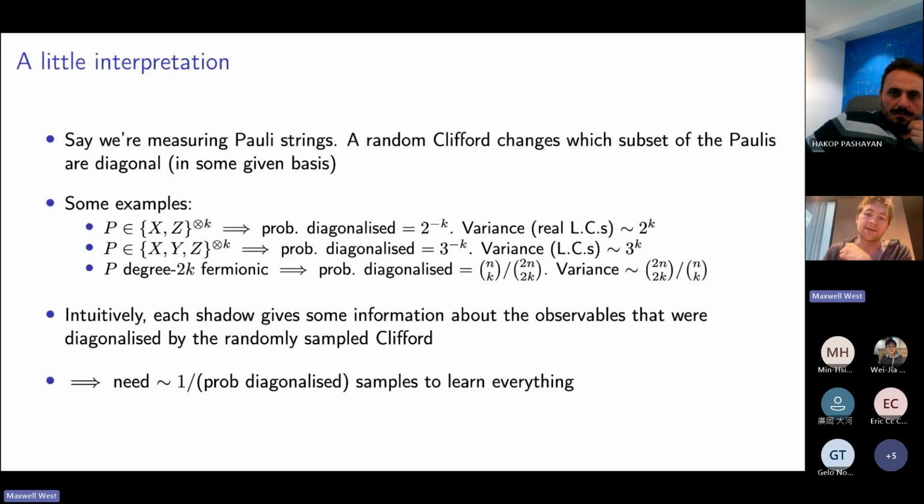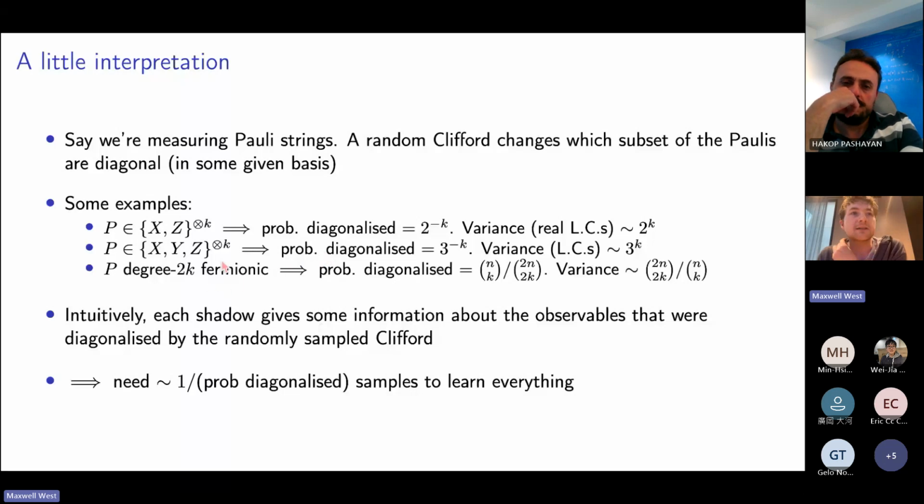Okay, and then this is formalizing that a little bit, just in the case of Pauli strings. Say you skip the step with the U's, or you just take your distribution to be the identity, and then you just measure in some basis. Then what that tells you about is the operators that are already diagonal in that basis, right? And you can think of these randomized measurements, these random Cliffords, as basically just changing the set of operators that are diagonal in the basis that you're about to measure in.